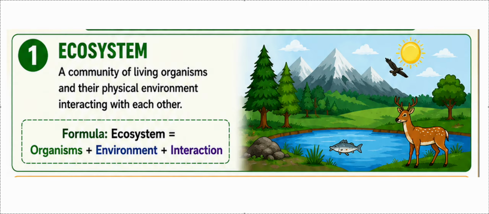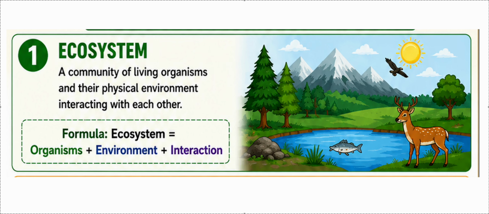One previous question from UPSC Prelims 2015: which one of the following can be considered as an ecosystem? Four options were given. The answer was a small pond. Even a small pond is an ecosystem. So that is the first thing we have in this.